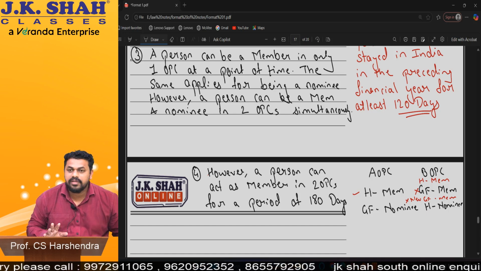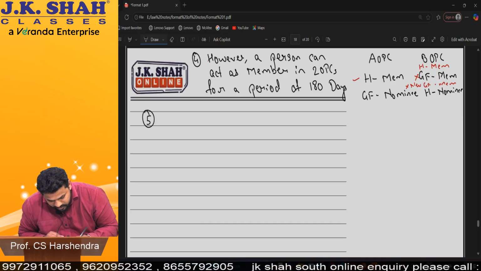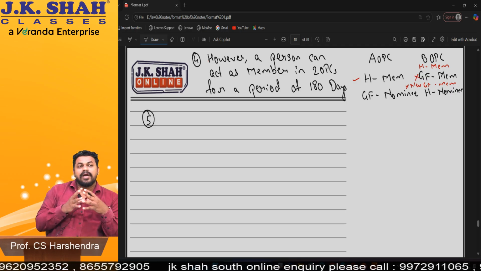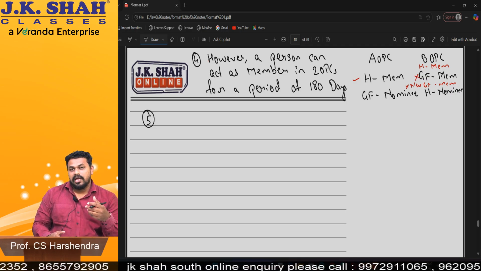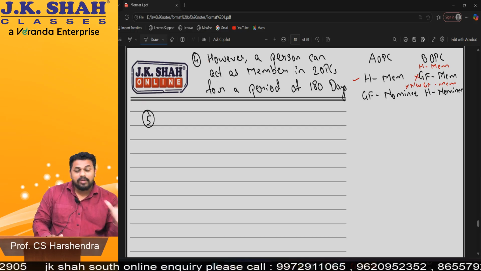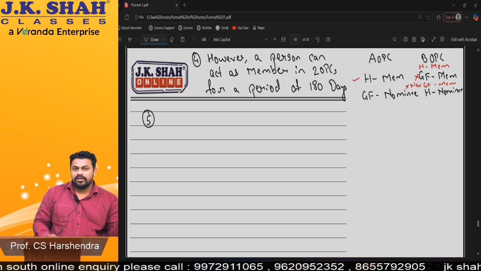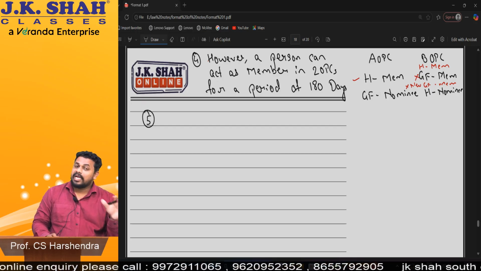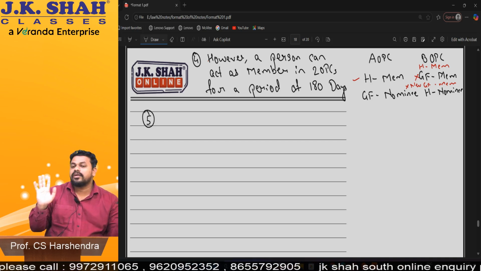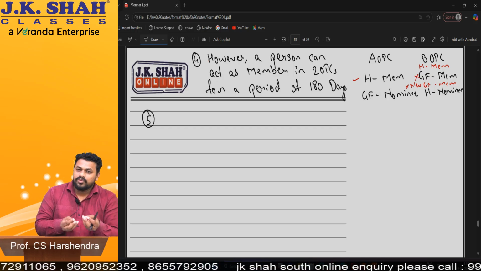Okay, understood everyone, this part? Okay, now 5th point. Can a minor be a member in an OPC? Answer is no. In fact, a minor cannot be a member in any company, to be fair. But in normal companies, it is possible that his guardian is a registered shareholder and the minor is a beneficial owner. That is okay. But here, a minor cannot be a member as well as a beneficial owner. He cannot be related to the OPC. Only one member, and that also a minor. So, what is the use of that company?